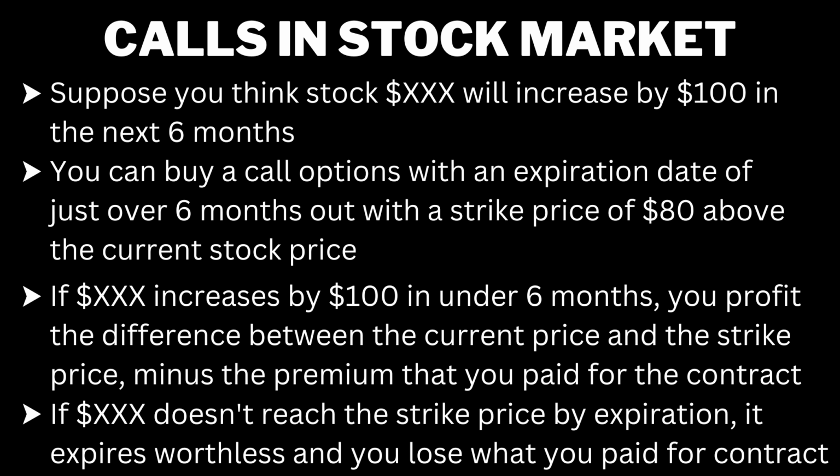However, say your conviction is incorrect and the stock hardly moves over that 6 month period, or that move occurs in the opposite direction. Well, if you held the position to expiration, the premium would then be worthless as the move did not occur as anticipated. You would then lose the premium that you paid, or if you were to sell the contract to another buyer before the expiration, the premium would be worth a lot less due to a couple factors that we will delve into a bit later.